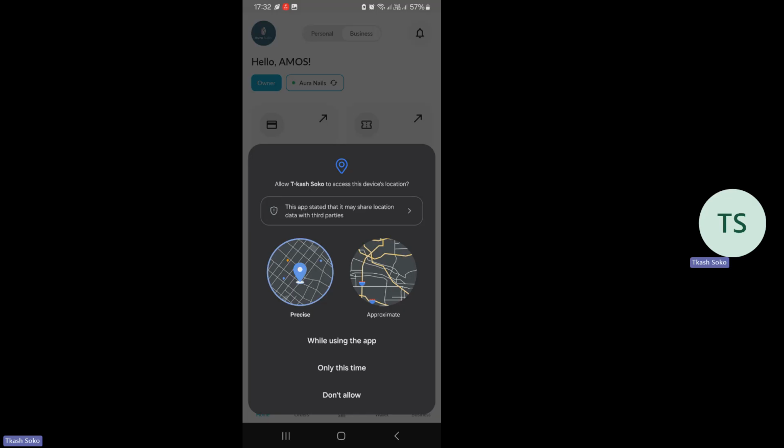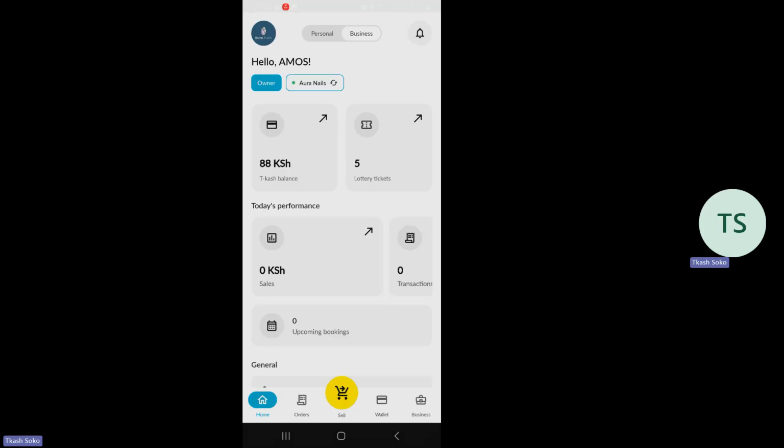So, the Tikash Soko program, today we're going to learn how you can fix your shop and the prices of the products that you have in your shop. Yaani leo tunaenda kusoma jinsi ya kutengeneza duka ikiwa online inakaa duka yenye uko nayo physical, yani pale kwa location yako. So it is very important to do so.